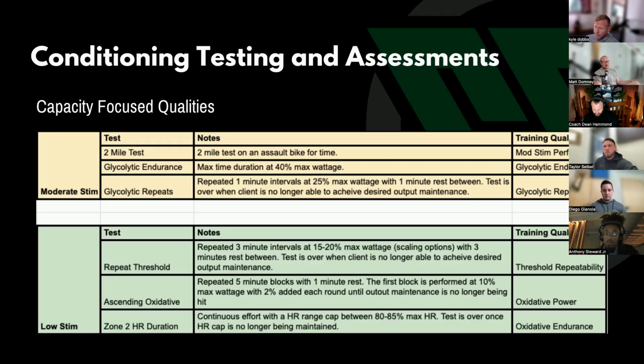Ascending oxidative is repeated 5-minute blocks with 1-minute rest. The first block is performed at 10% max wattage, and I add 2 to 3% each round until maintenance is no longer able to fit. So this can be anywhere between 2 rounds to sometimes 6 to 8 rounds, depending on somebody's level of fitness. And this is something that